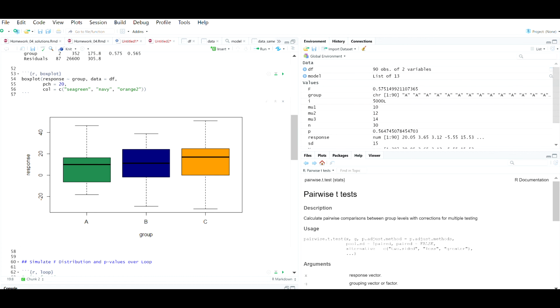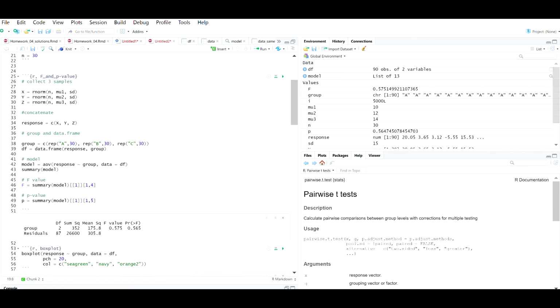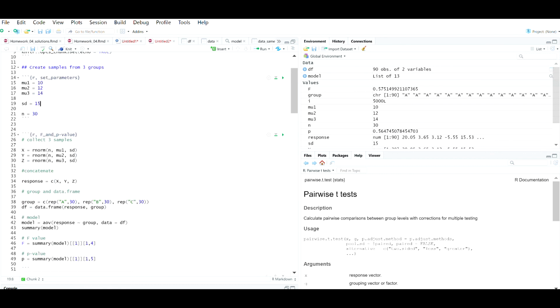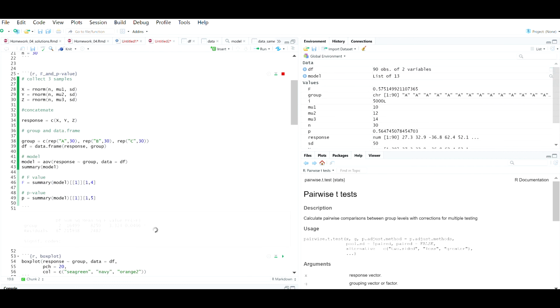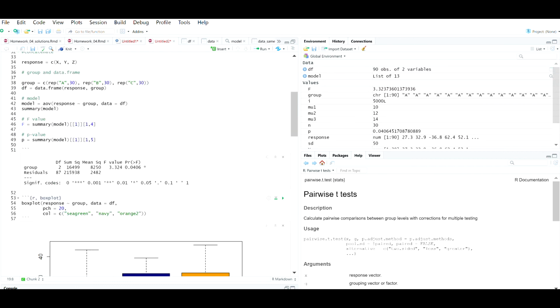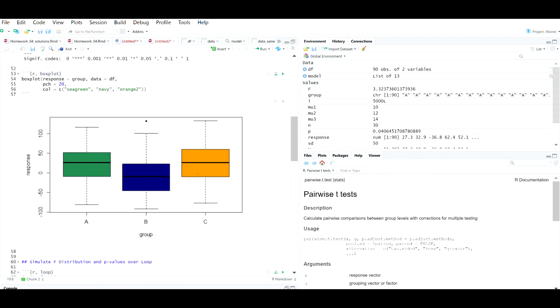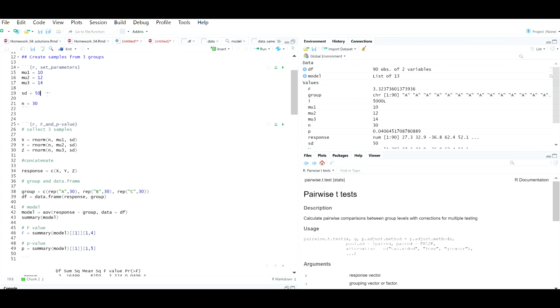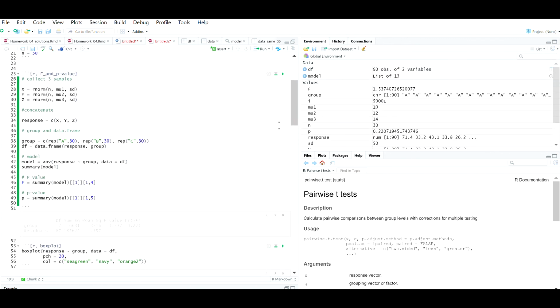And so what inevitably happens here is that the higher the noise level gets, the higher the standard deviation is. So if I even go to something kind of crazy like 50, that's going to make it really hard to detect these differences in my samples. So I can do this again, and actually we have some unusually low B group there, so maybe I should do it again to make a point. So if I do this again,